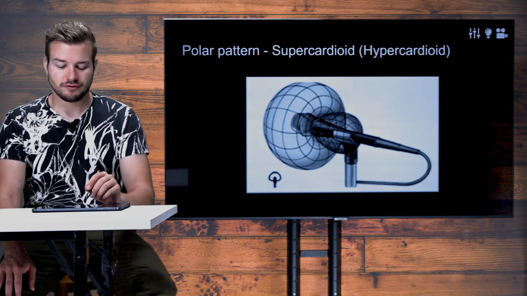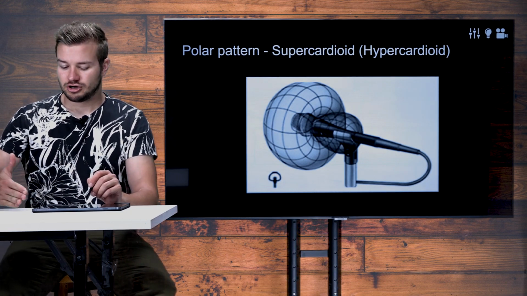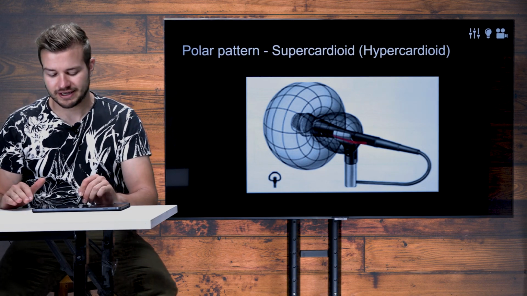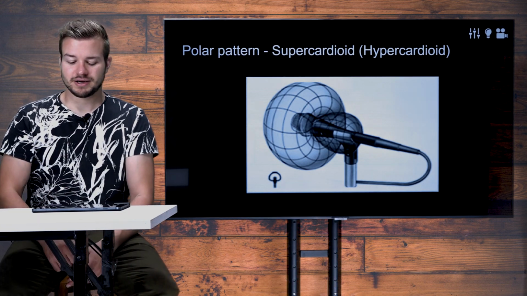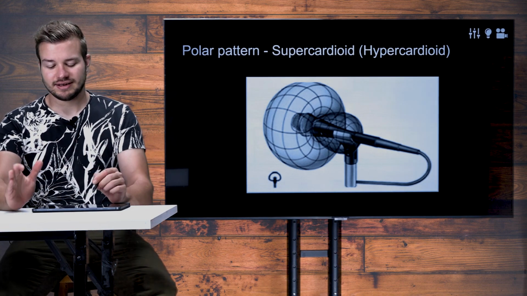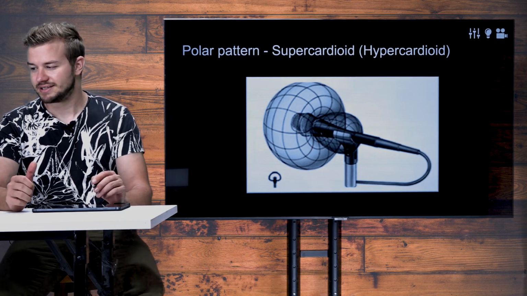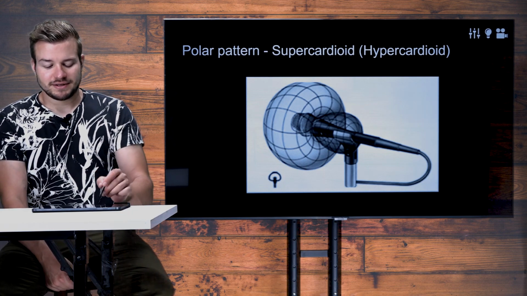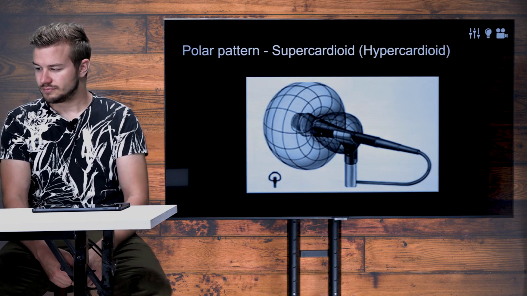This is especially important for the supercardioid mics. So whenever you use supercardioid mics, try to put the floor wedge on the side of the person and not in front of her, to get rid of this effect of taking up the feedback here. So I think the one big advantage is really that it is isolated in a nice way. It's isolating the sounds coming from the side. This is definitely a really big advantage, and it picks up the sound coming from the front really clean and pure. However,